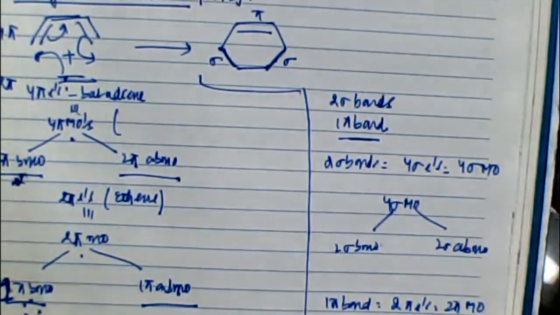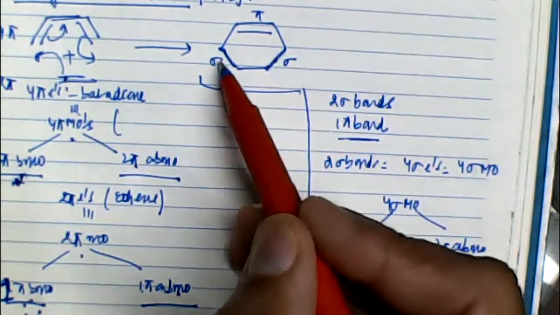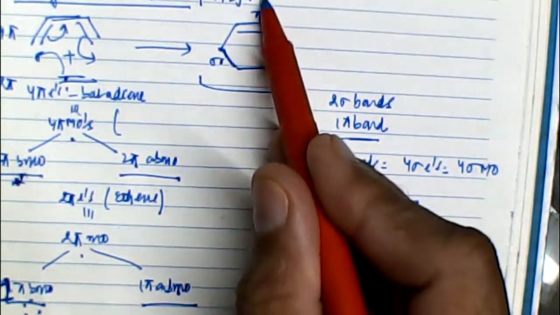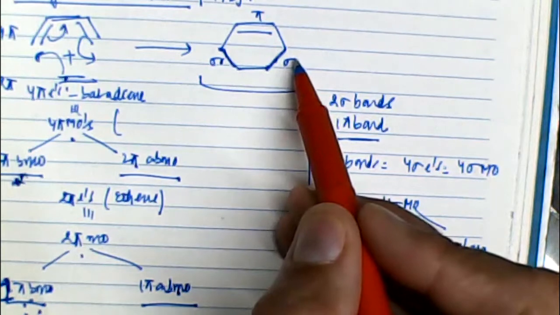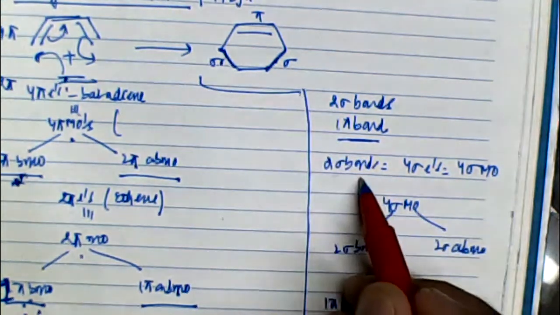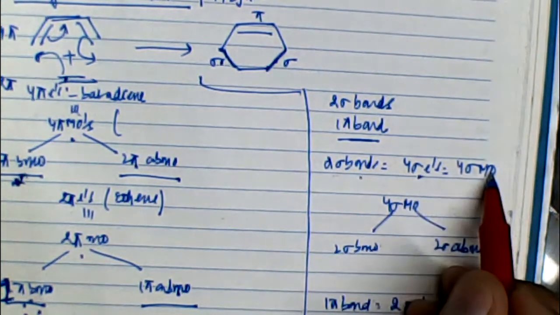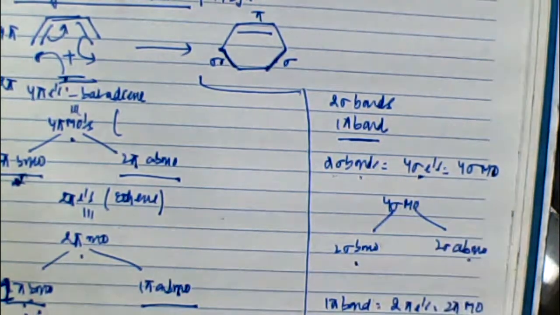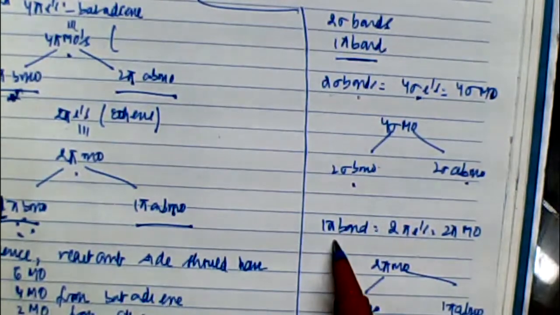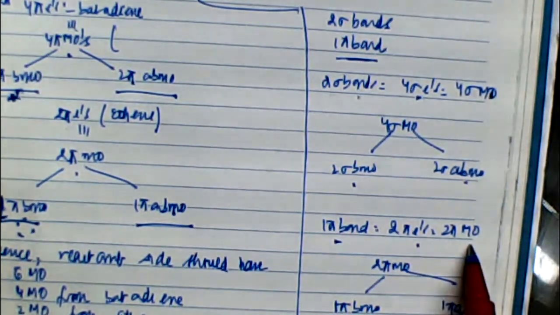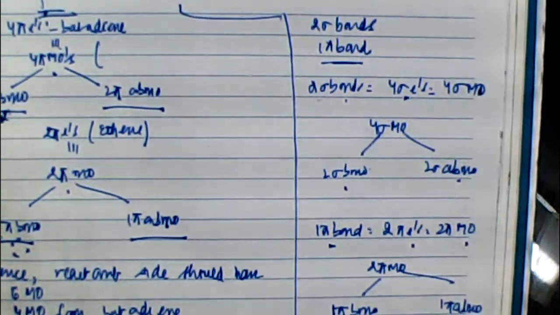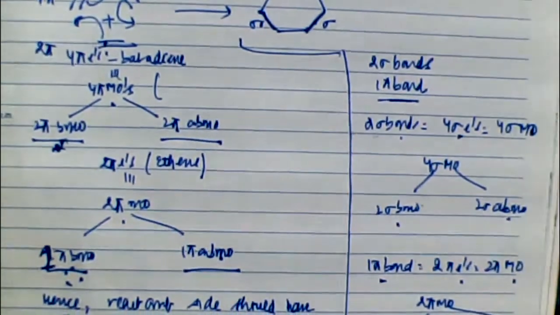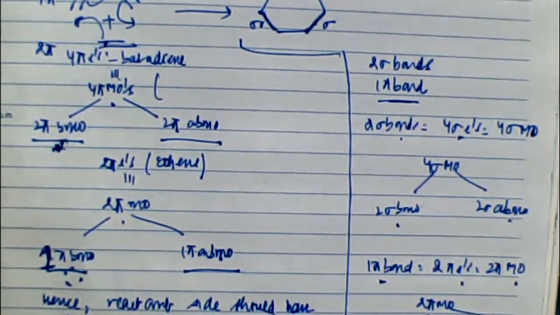Right, if you consider the product, we've seen that 2 new sigma bonds are formed and a pi bond was formed. Since 2 new sigma bonds were formed in this case, that means 4 sigma electrons, which will contribute to 4 sigma molecular orbitals, out of which 2 will be bonding and 2 will be anti-bonding. Similarly, 1 pi bond will mean 2 pi electrons, that means 2 pi molecular orbitals, out of which 1 will be bonding and another 1 will be anti-bonding. This is how we construct the reactant side and the product side.